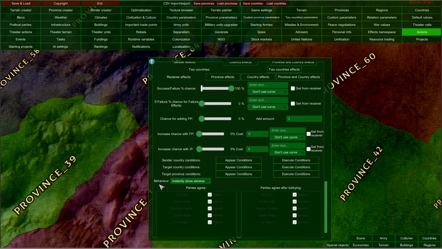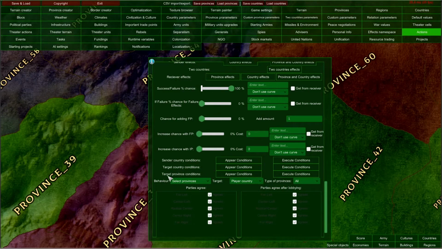For diplomatic actions, we also have this special setting here, behavior of the action implementation window. And here we can choose between two options: instantly show action implementation window or open the province selection window. And if we choose this option, we can decide the target of our province selection and type of the province selection between all provinces or only core provinces, and between selected country, so the target country, our country, or selected block.